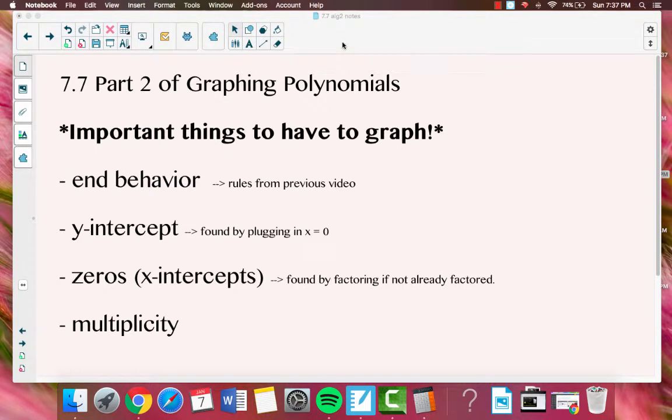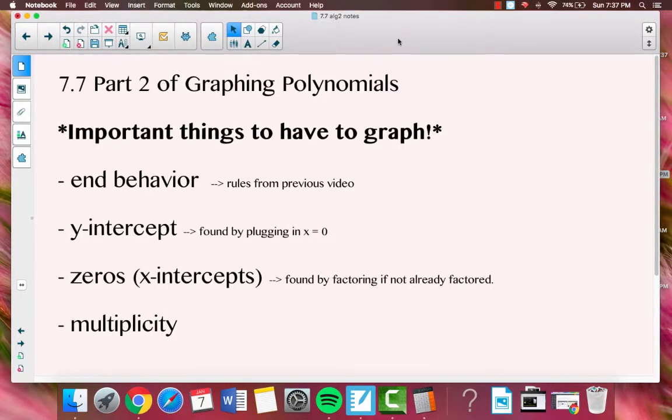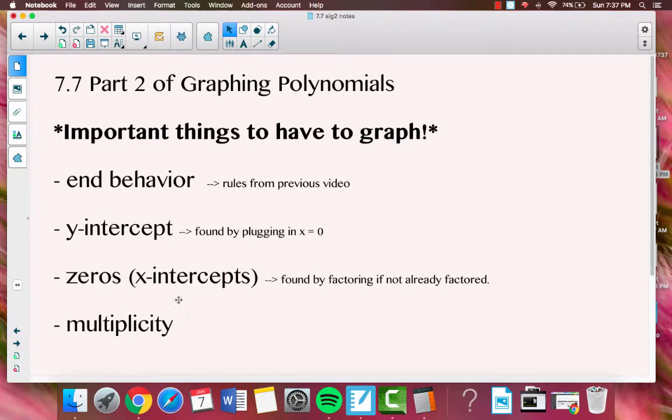Hey everybody, welcome back to part 2 of graphing polynomials. We're going to start off by listing a couple of things that are going to be really helpful in order to have you guys graph these polynomials. I've listed them here. I would definitely write these down so you know what things you need to find before